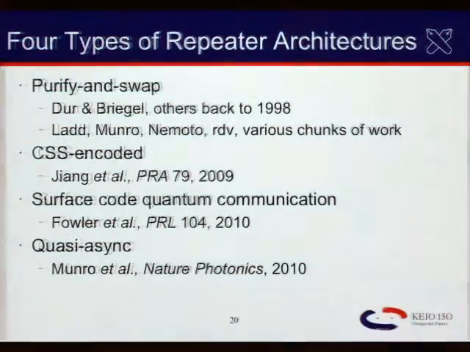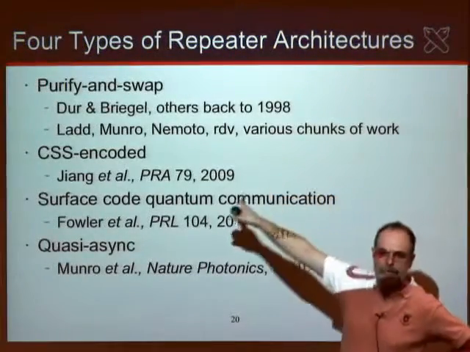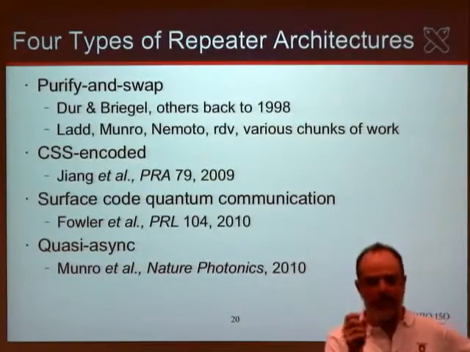Oh, so I should probably say, one of the key differences between these: the original purify and swap architectures were developed assuming very small numbers of qubits in each repeater node. Like the Harvard gang has defined an approach for this that works with 2 qubits in a repeater node. And they want to do this literally with 2 physical qubits. You can't run error correction on 2 physical qubits. So the purify and swap stuff at that level looks much less resource intensive, by orders of magnitude. The problem, of course, is that because it requires synchronous communication, now you have to have long lifetime memories. And that gets to be a very difficult problem.